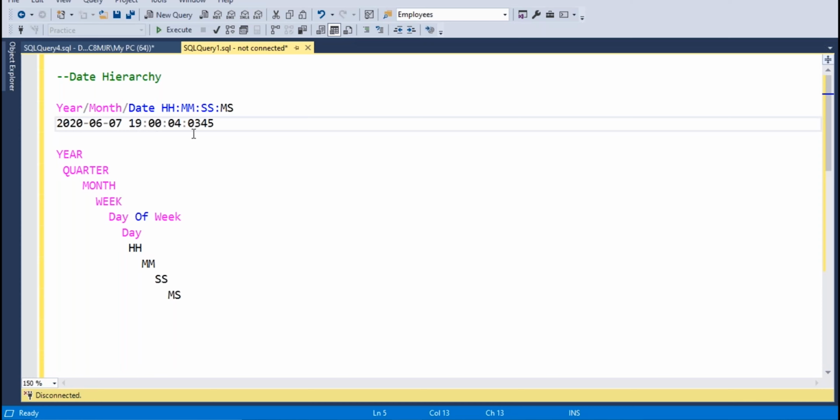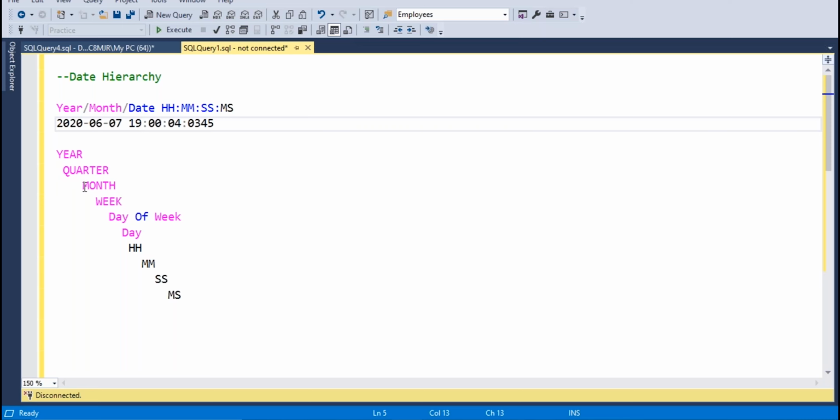So how can we define this as a hierarchy? All the date parts together form a hierarchy. Year, under the year we have a semester, under the semester we have the quarter, but there is no semester keyword in SQL Server, so we can use year and quarter.